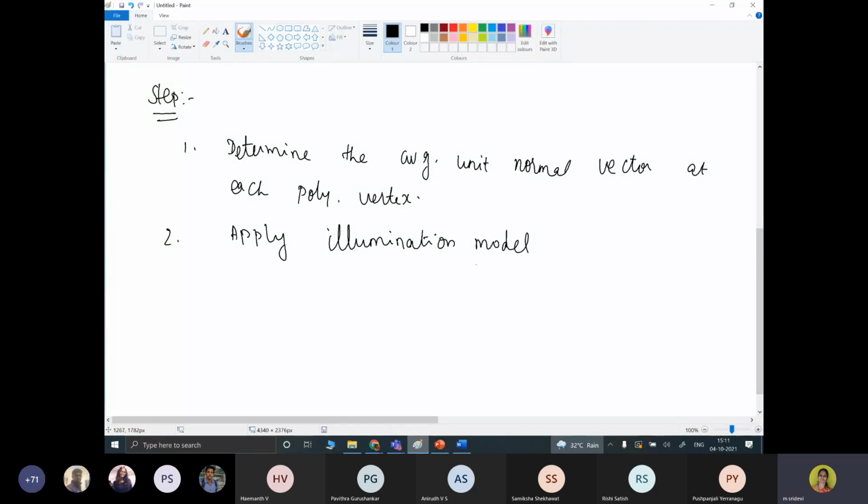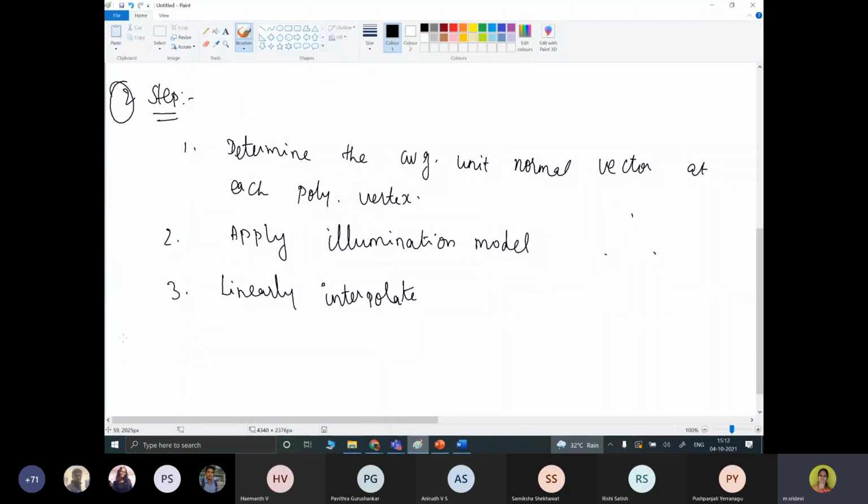And the last step is to linearly interpolate the vertex intensity over the surface of the polygon. Once we have obtained the vertices, we can easily interpolate throughout the surface and get the required rendered object.